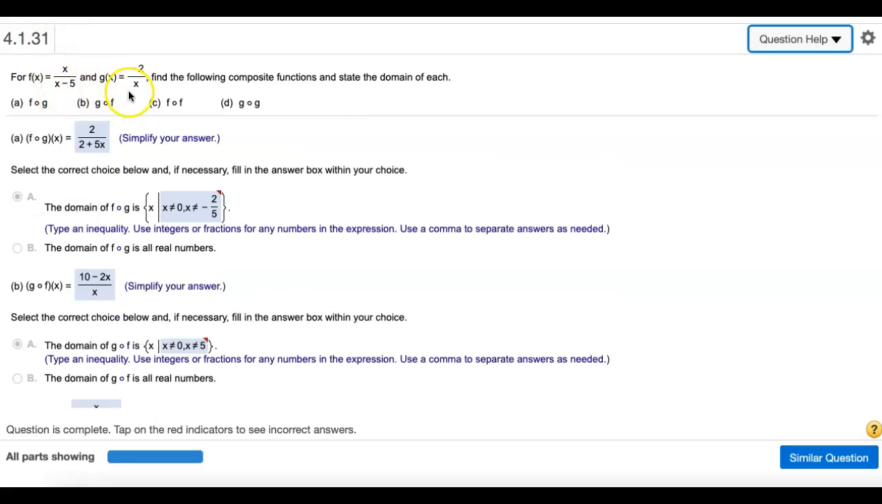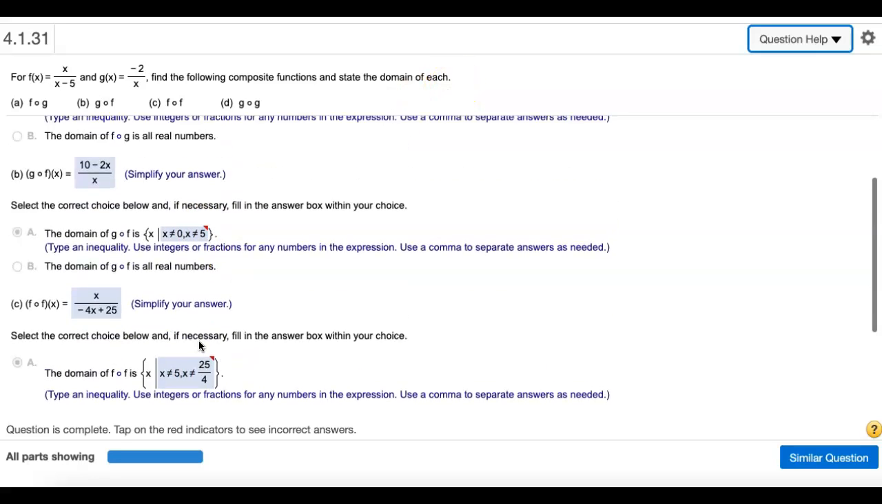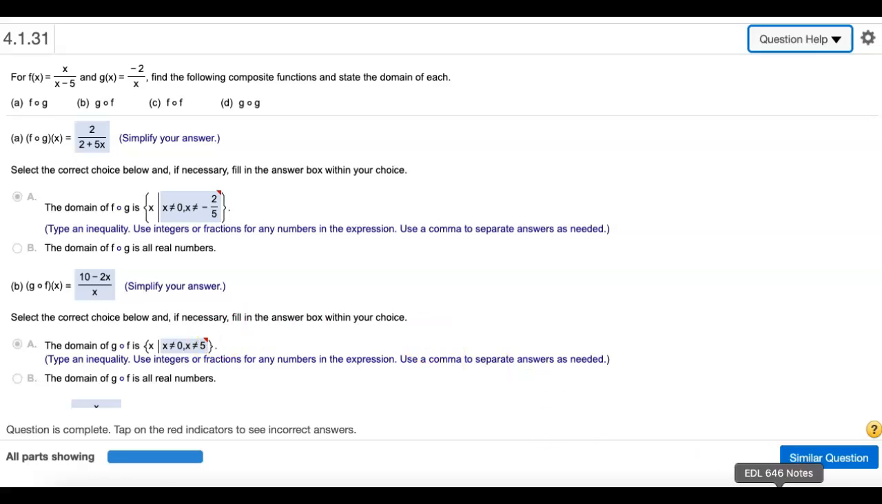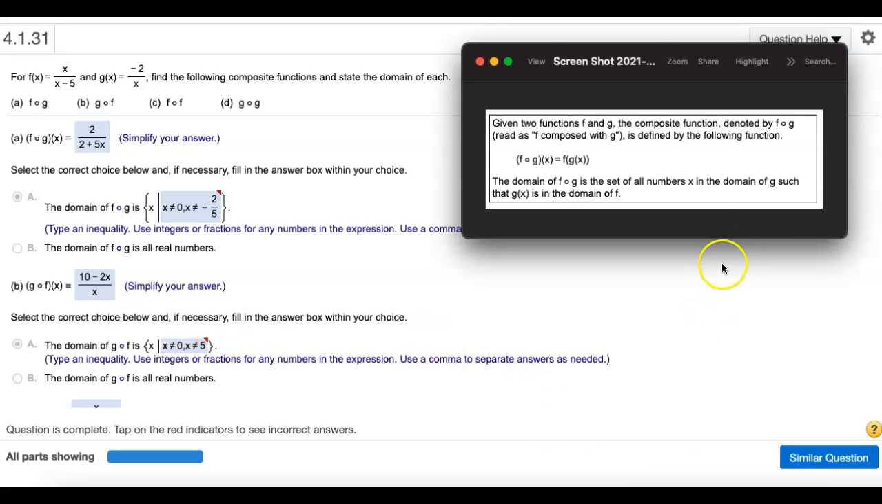Here we're given two functions, f and g, and their equations, and asked to find the composite functions and state the domain of each. Because the domain was really where the error was occurring, that's what I'm going to focus on. So I took a screenshot of